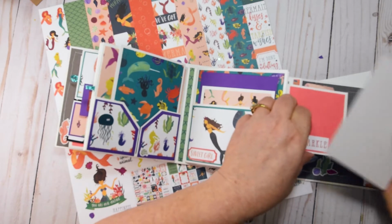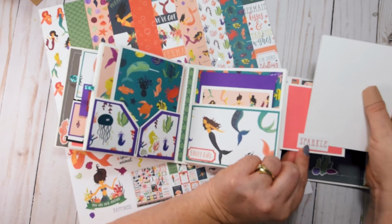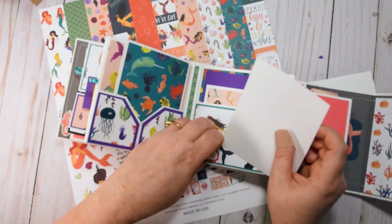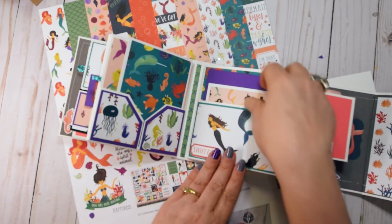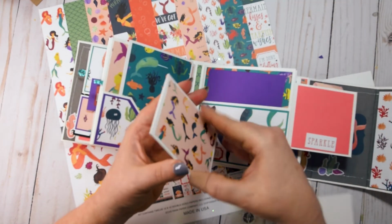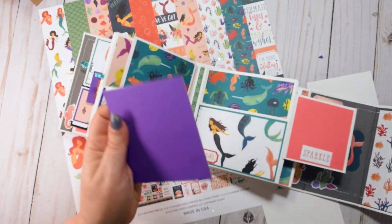This is a tuck spot. Of course, I'm gonna have a time getting my fingernails under there. That is a tuck spot, as is this Sweet Girl sticker. So you could tuck ephemera or whatever you wanted in there. Got a little folio in here, and this is all made with scraps from the assembly of the base page